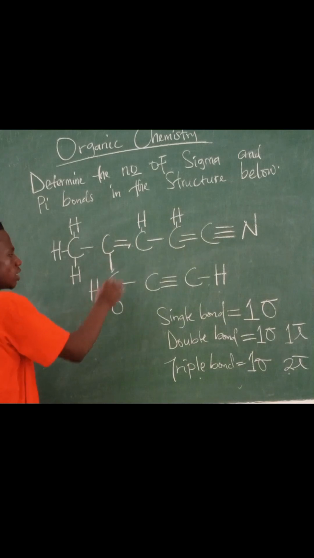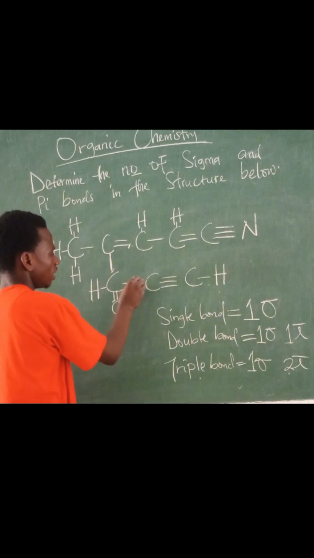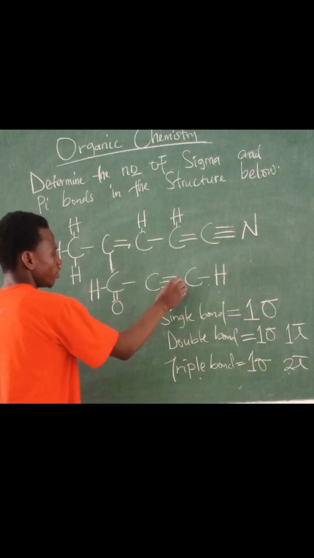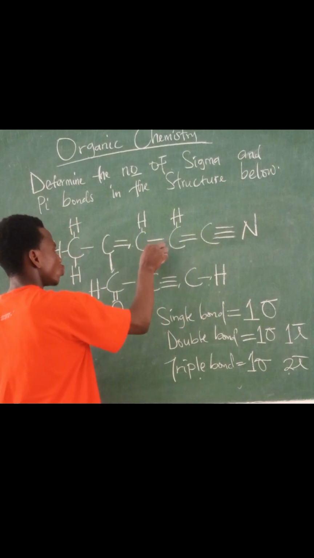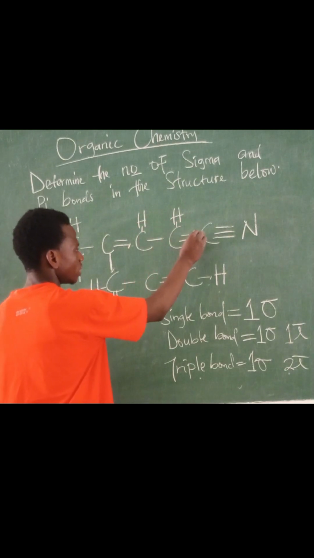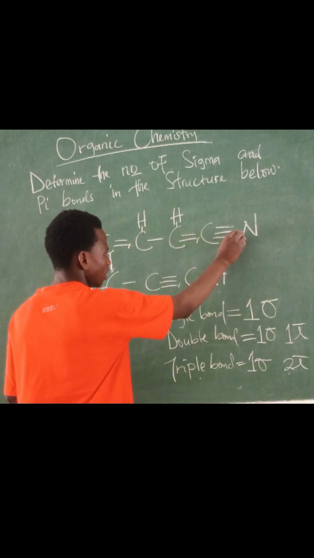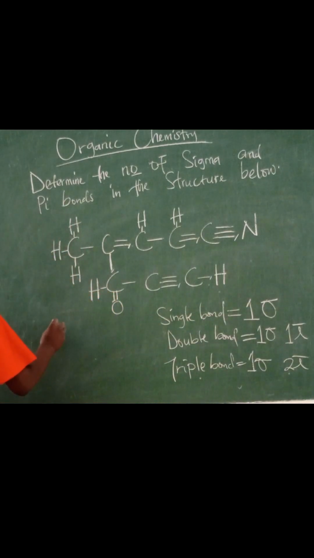This connection 6. This is 7, 8. Here we have 9. So here we have 10. Here we have 11. Coming back here we have this 12. This is 13. This is 14. This is 15. And then lastly this is 16. So in this particular structure we have 16